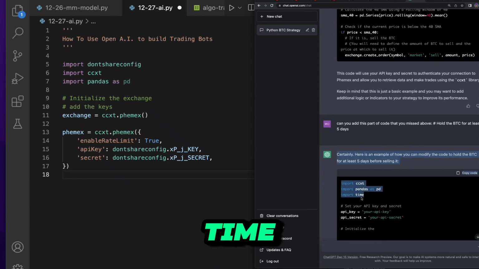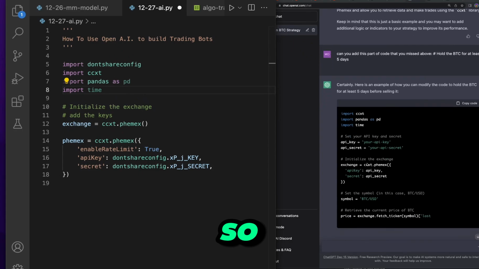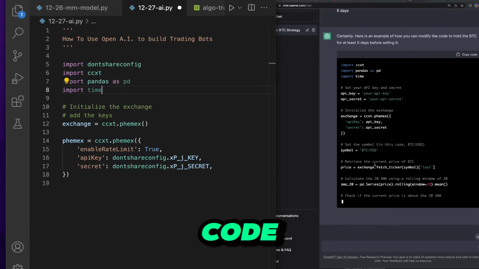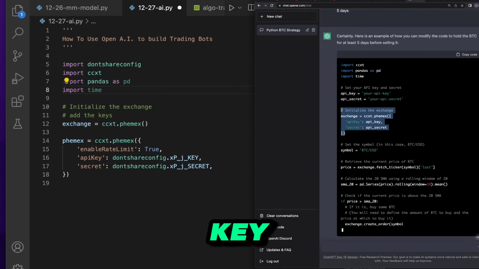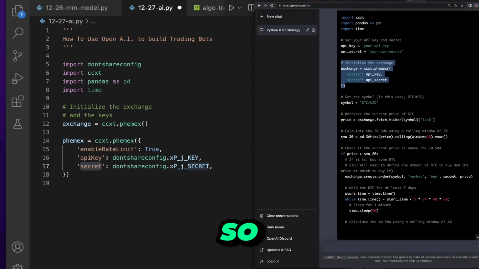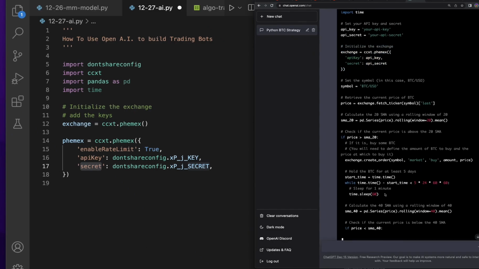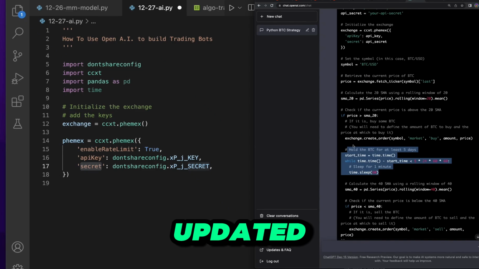And now they import time. So I'm going to import that one as well. And this is pretty amazing because it's like talking to an engineer, right? So first time through, they're like, hey, you could do it this way, but I actually didn't write the code. Second time through, I asked them to figure out the key situation. And look at this. Look at my API key. Like I've done this in the past by hand. It goes and looks through the docs and figures out how to do that. So this is quite impressive. And then look at this right here. It went ahead and now updated the